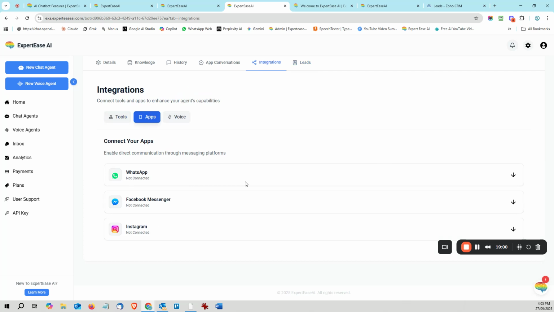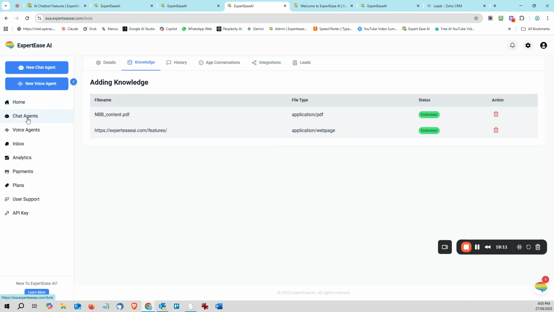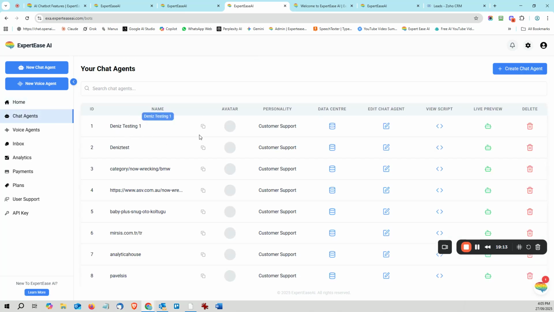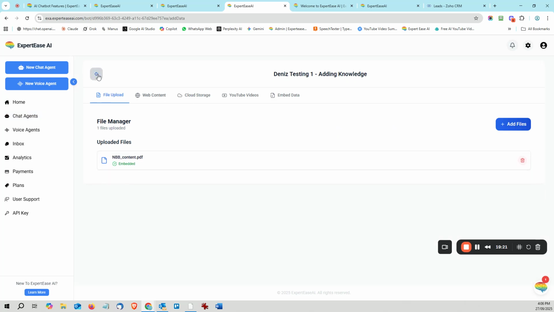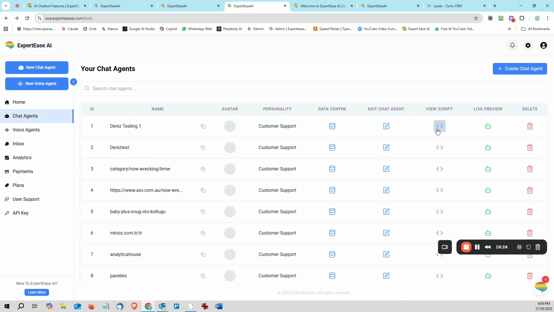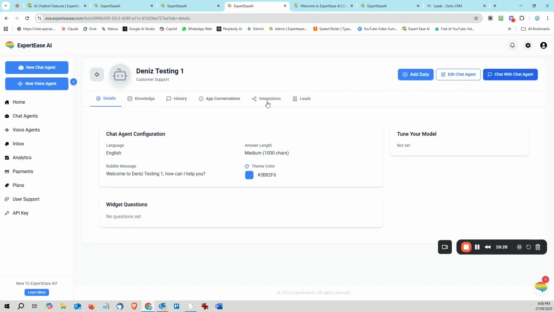All right, so we also have WhatsApp connectivity, as well as Facebook and Instagram. If you connect WhatsApp, for example, let's say this agent that we have just created, you can turn this one on to be active on the WhatsApp channel. That's what it is basically, okay? And you can do the same on Messenger